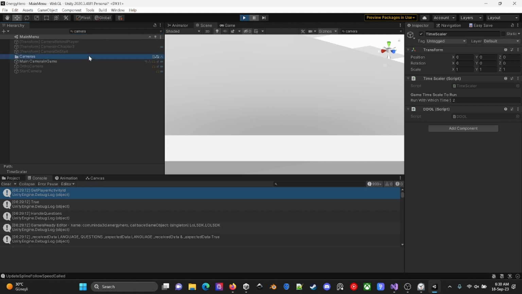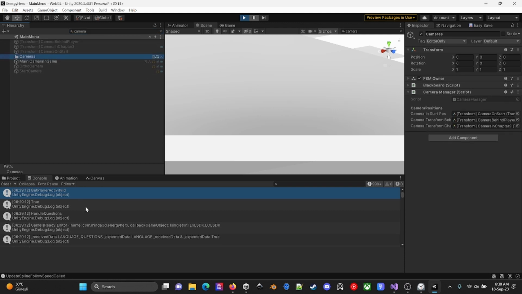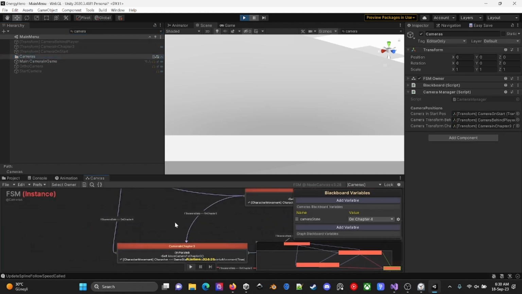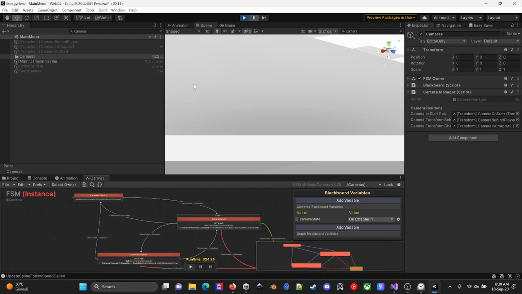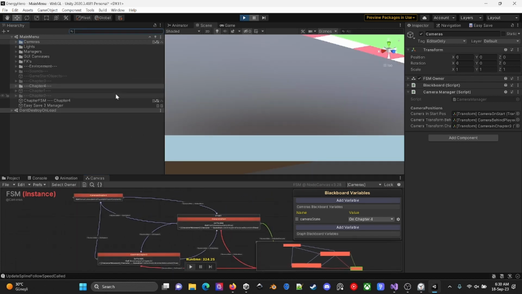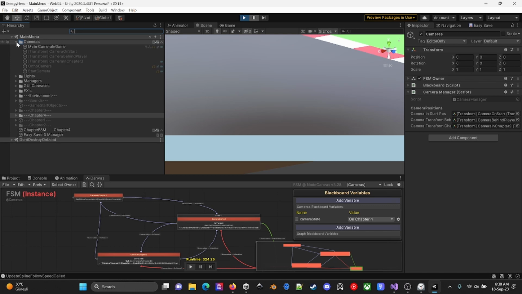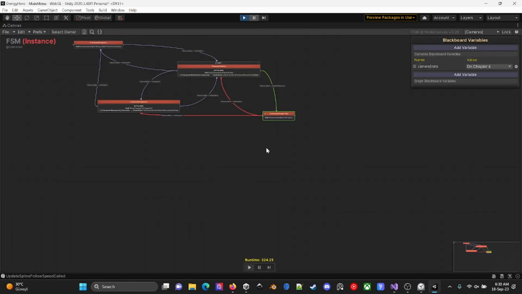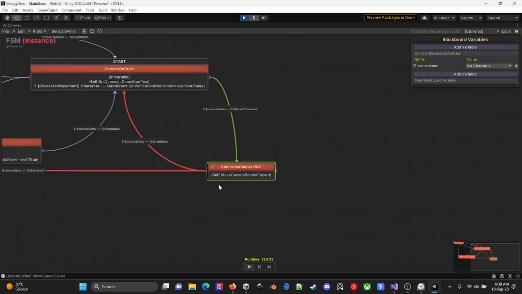Let's go and check my main camera. It also has a state machine over it. And let's see.